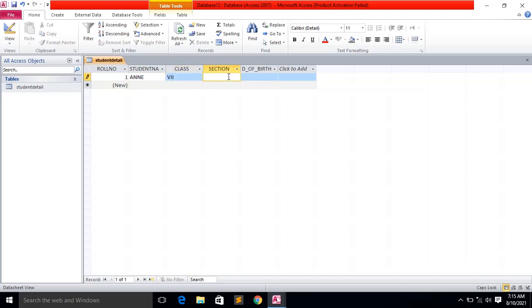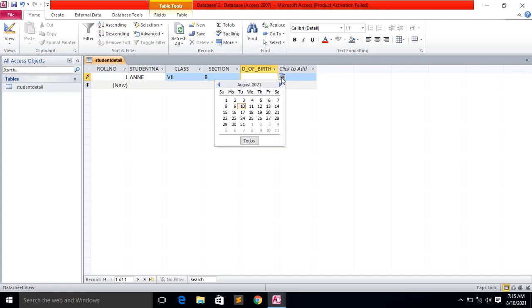Section, since I have given the text, section is say B. Date of birth. Now how will you give the date of birth? You don't write yourself. Here the calendar came. So you select the calendar and you can choose the date of birth. So here August 2021 it came.